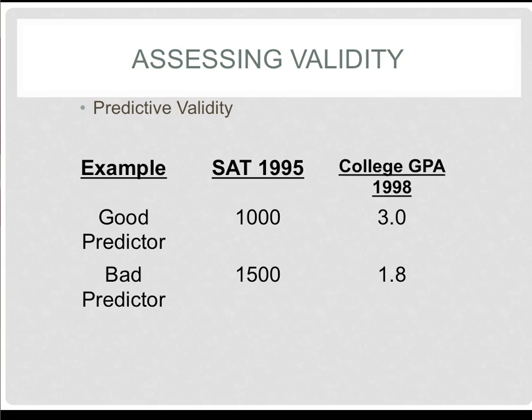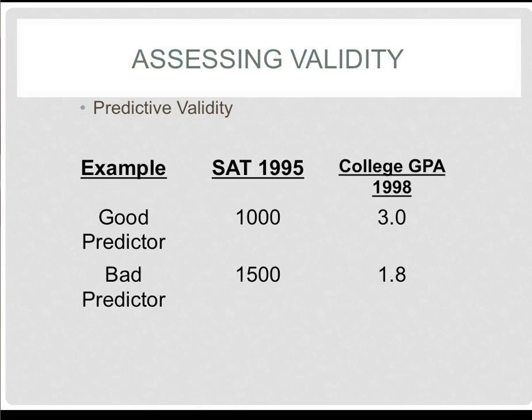So now I've got a range of scores from people that I didn't hire and may have done very poorly on it to people who I did hire and may have done very well. And then I want to correlate how well they did on the original test that I gave them, and whether or not they're working for the company. So when I'm making my hiring decision, I have people that I decided to hire and people I didn't